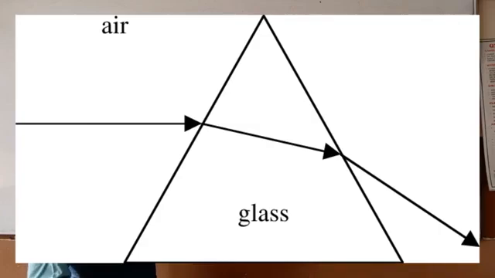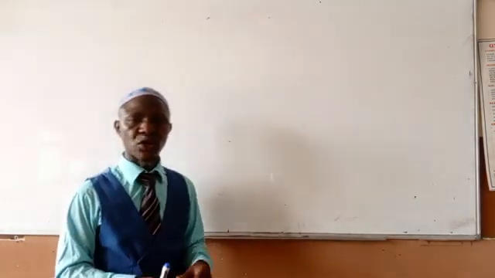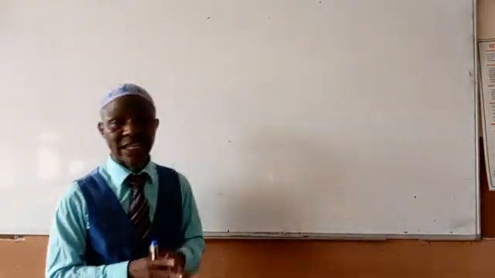Look at this. You can see the diagram. So it's a monochromatic light. It passes through the glass without dispersing, only refracting. Monochromatic light also will refract because it's moving to another medium, but it cannot disperse. But what of white light?